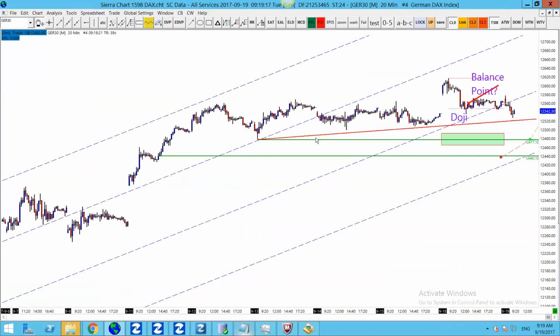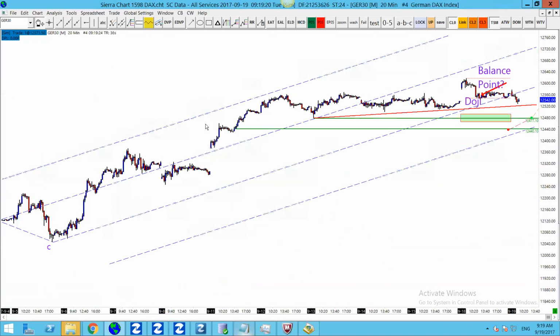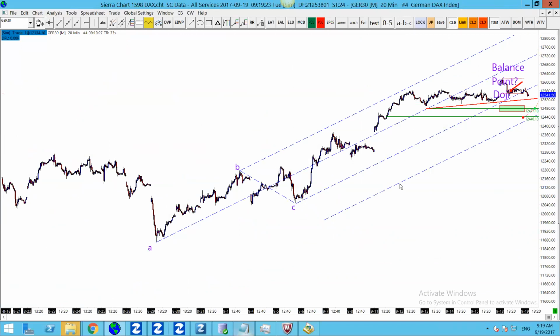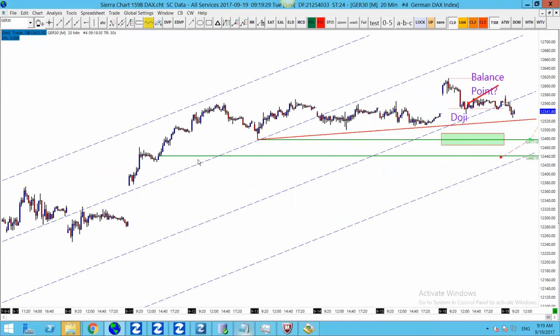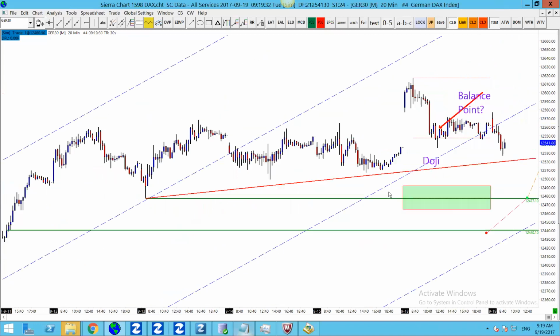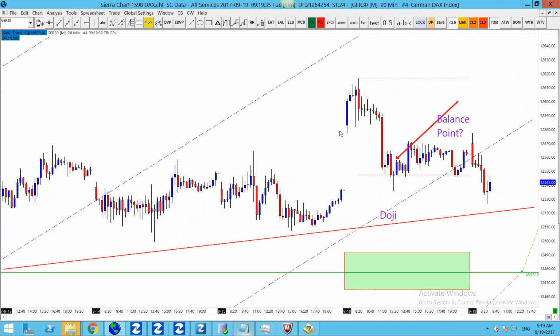This was the other one. And this is based on a 20-minute chart with a fork and an extension, or a slide in parallel. Got a couple of horizontal levels at previous swings. But really the main idea is this one. And I've taken an extension tool from the swing high, and I pull the 50% line through this doji on the 20-minute chart to provide us with an extension. And my thinking is, and it doesn't always work like this, but dojis can often be balance points. They can be halfway points on moves. So in this particular case, it would be a potential halfway point on a move down,